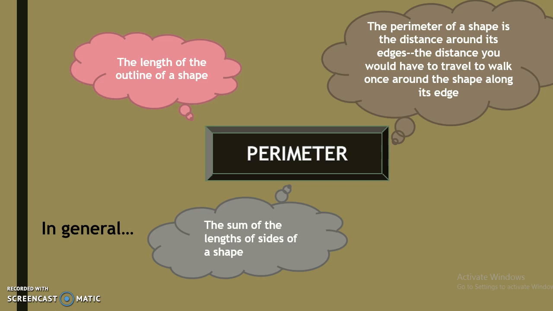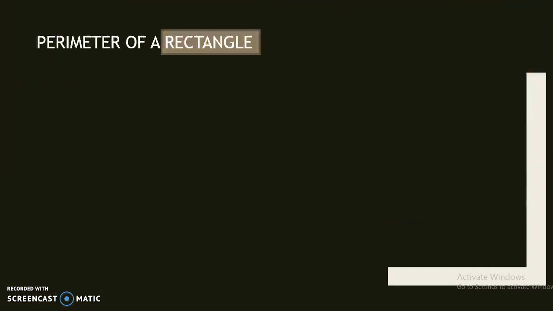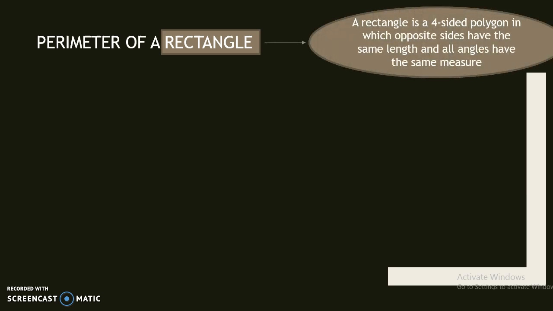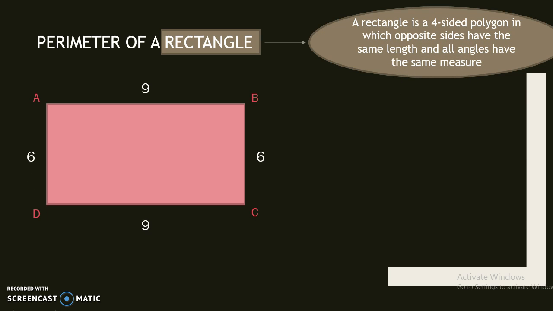As I will only cover the basics of this topic, we will first discuss the perimeter and area of basic shapes. Next, the perimeter of a rectangle. For a crystal clear understanding, here I provide the definition of a rectangle. A rectangle is a four-sided polygon in which opposite sides have the same length and all angles have the same measure. This is an example of a rectangle in which each vertex we name as A, B, C, and